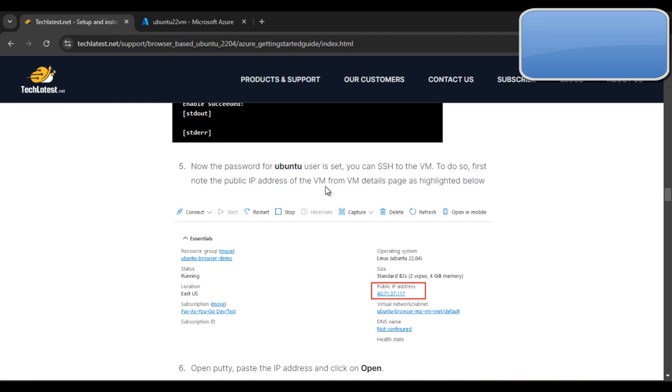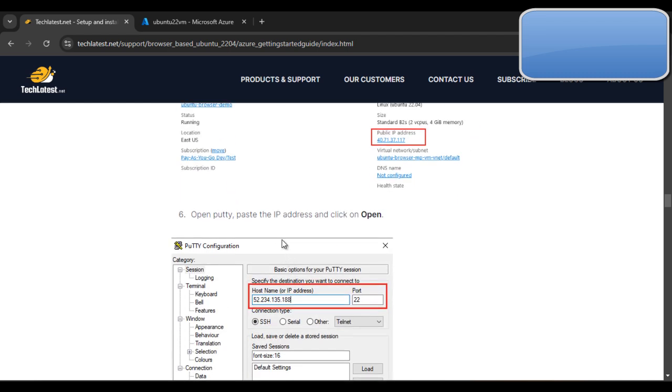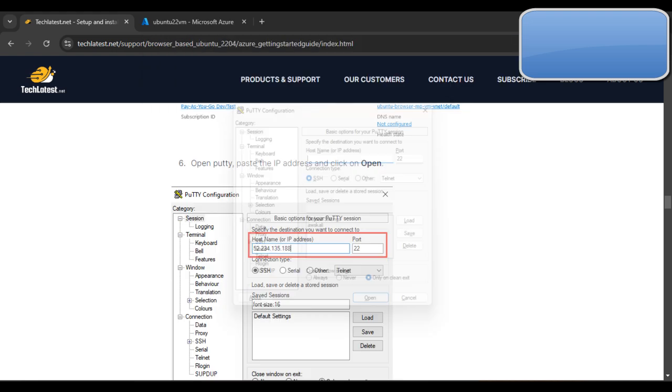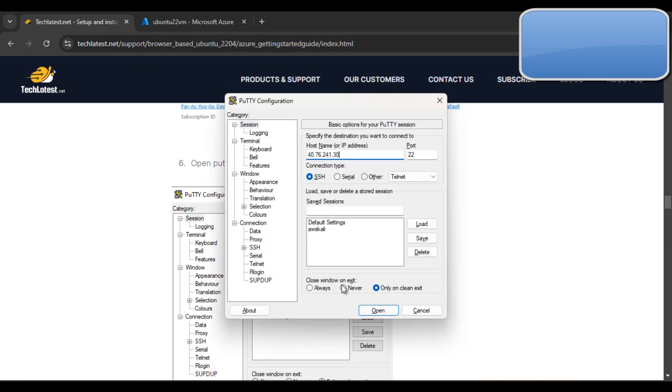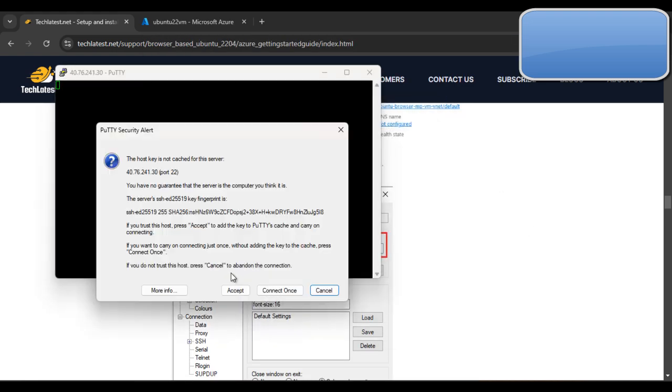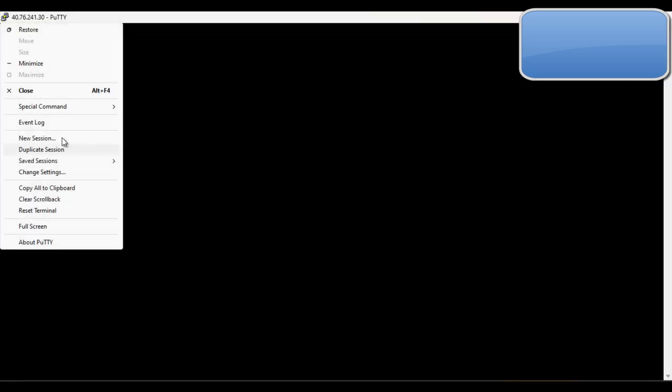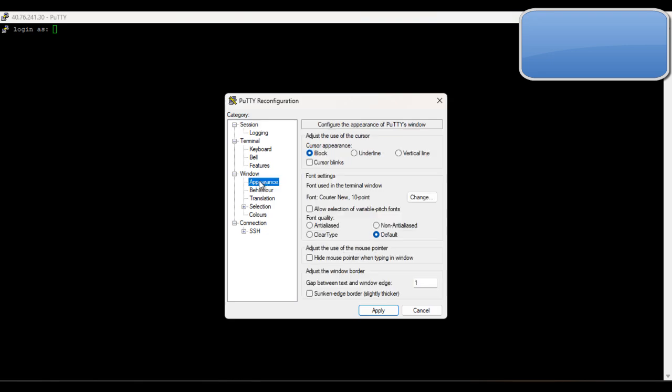Now the password of the Ubuntu user is set. You can access the VM. To do so, first note the public IP address of the VM from the VM details page as shown highlighted below. Open PuTTY, paste the IP address and click on open. Okay, so paste the IP address in PuTTY. Click on open and accept these terms. Then maximize it. Then change the appearance and settings of this terminal